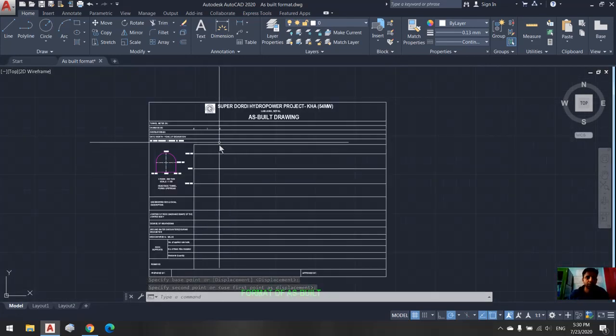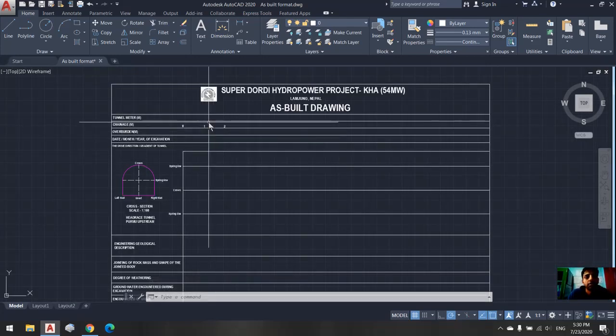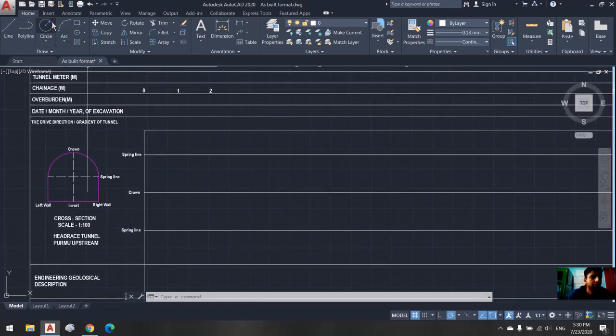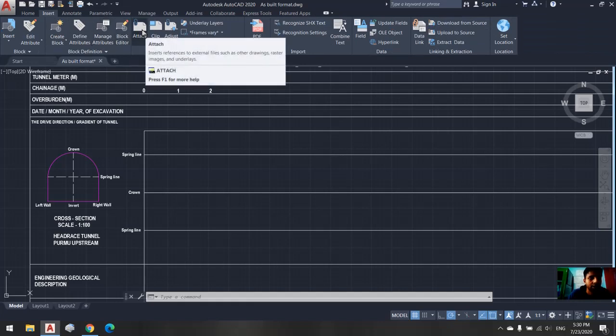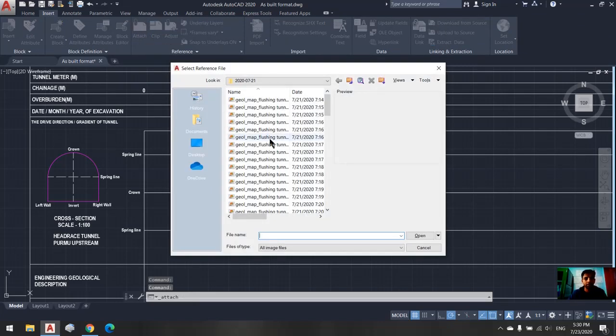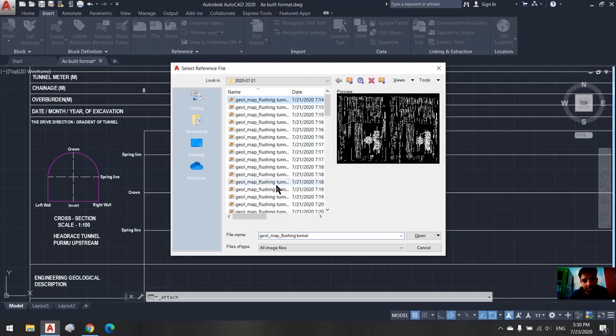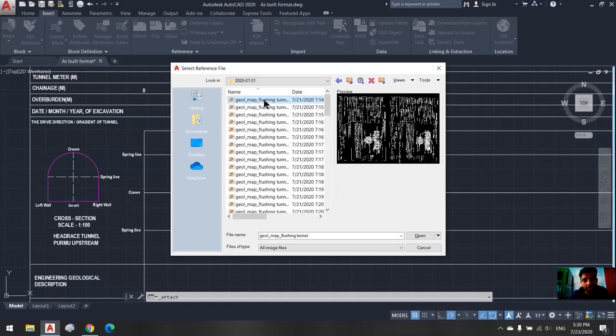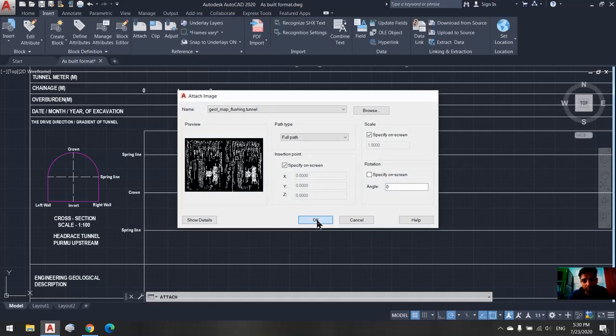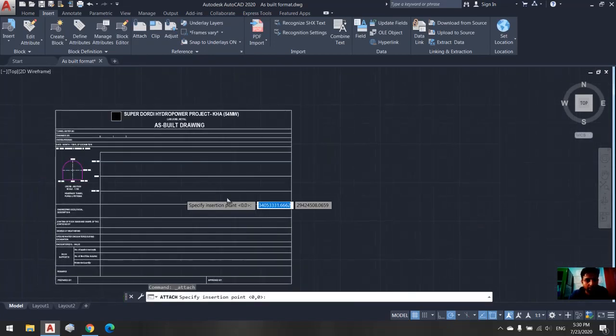So this is the format, and I'm going to import the JPG format of the scanned face map. For this, you have to go to the Insert tab, and here is the Attach icon. You have to click it here and go to your geological face map. This is my scanned face maps, and I have to select here and go from here, and you can choose the location where it is saved. I am here, and click on Open. After selecting it, click on OK,